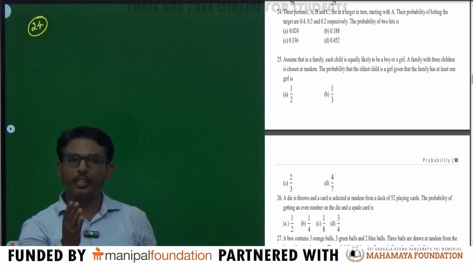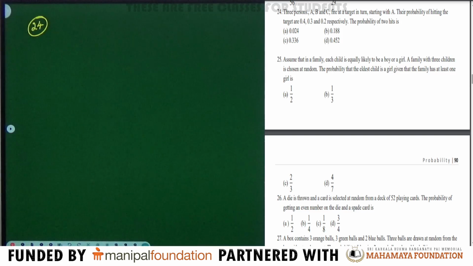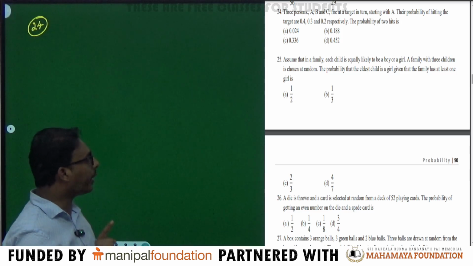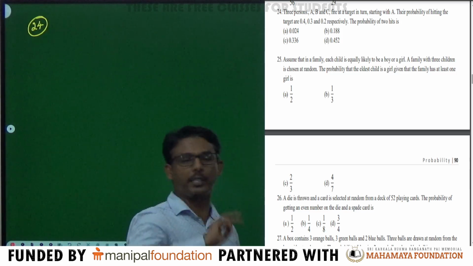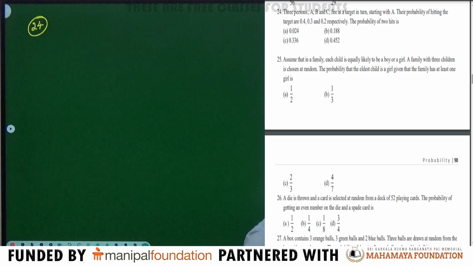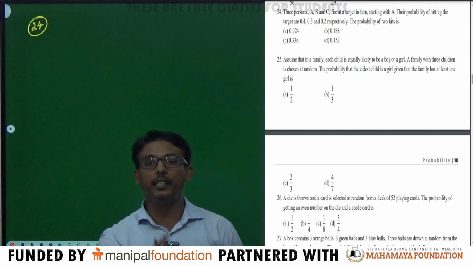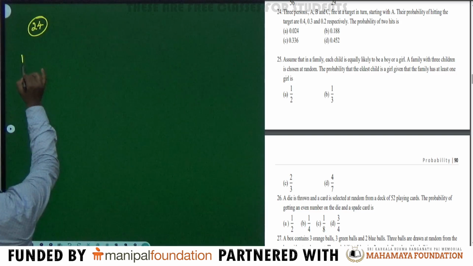Listen. So, there are 3 persons A, B, C and each one is hitting the target. Therefore, hitting the target by individual persons is an independent event. The question is, what is the probability of hitting the target exactly by 2 persons? That means, if person A and person B hit the target, person C does not hit the target. If person A and person C hit the target, person B does not hit the target. Therefore, the required probability is,